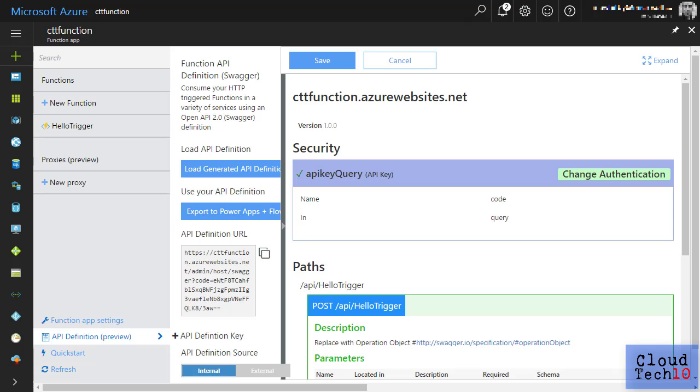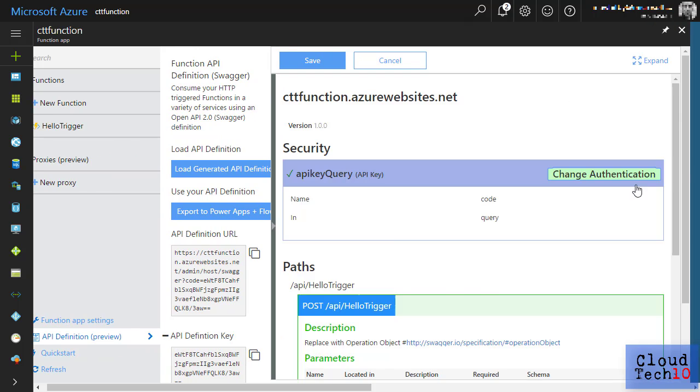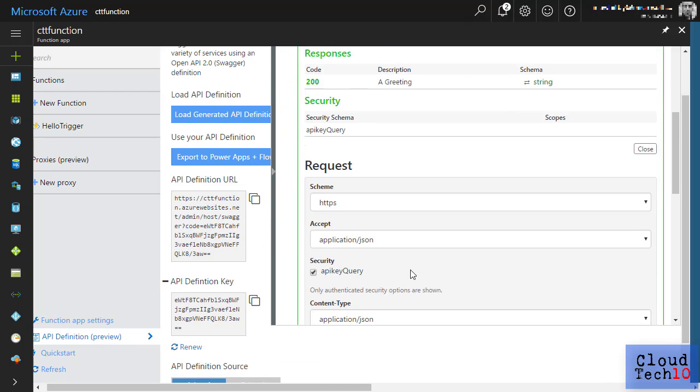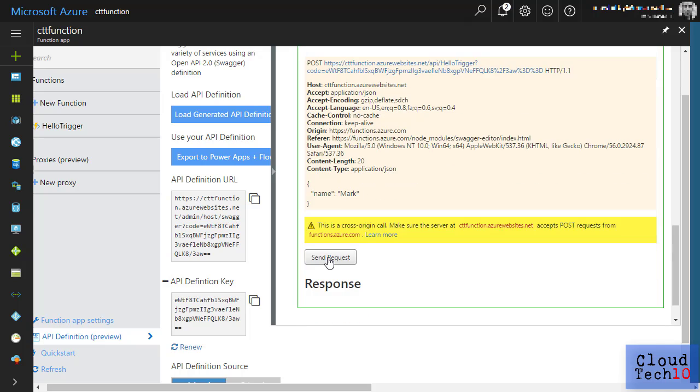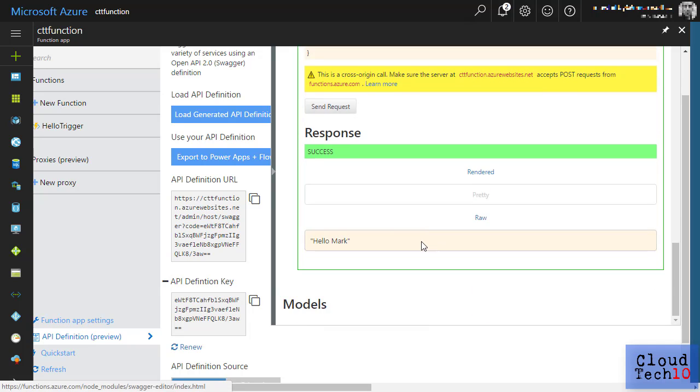I can use the functions UI to test the API definition. I copy my API definition key from here, then authenticate and paste the key in. Now if I scroll down to the bottom where the request details are, I can add a value to the name key like this. Scroll down here and click send request, and here I see the response back from my